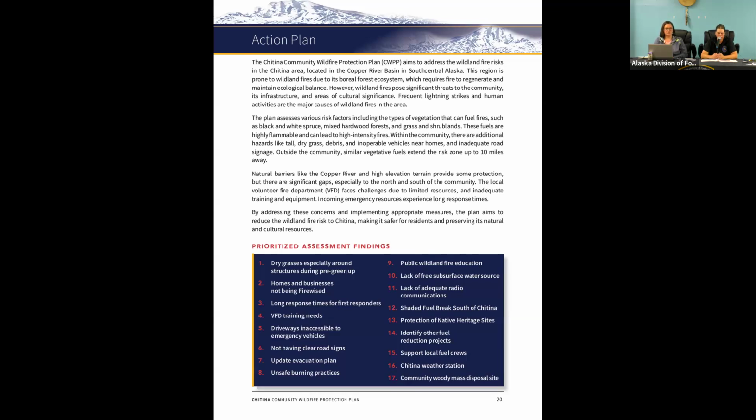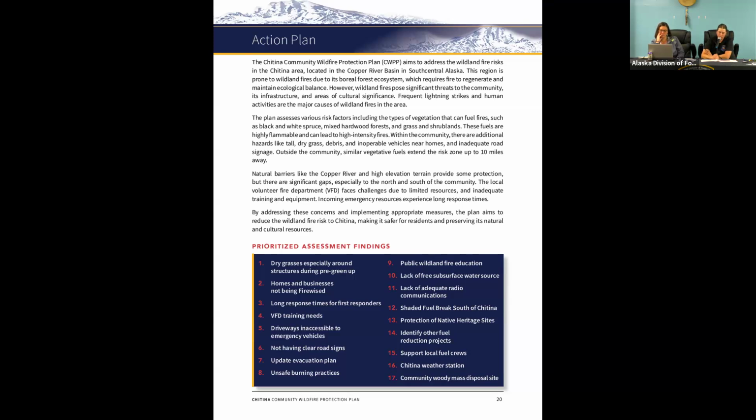After that, the driveways being inaccessible to emergency vehicles, in addition to not having clear road signage. Updating an evacuation plan for the area would be helpful. Number 8, addressing unsafe burning practices. And number 9, providing public wildland fire education in the area. Concern number 10 was the lack of the subsurface water source, followed by lack of adequate radio communications.